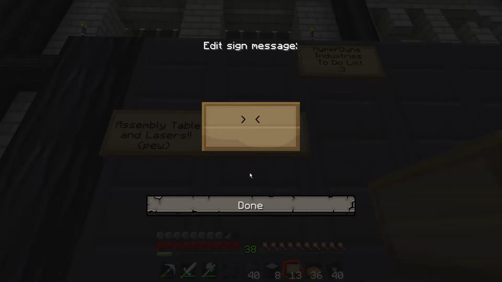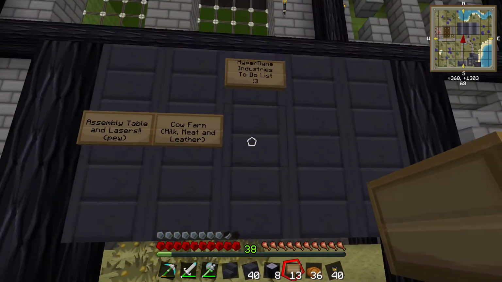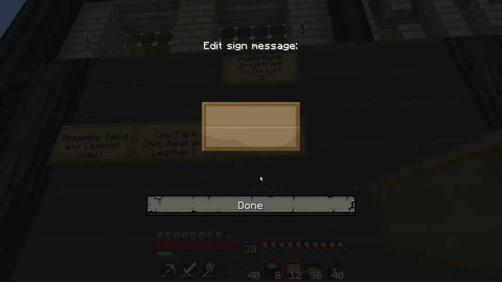I want to do a fully functional cow farm, which will be milk, meat, and leather, the whole bunch. That's two of those things. What else is there to do? I need to automate some food production. I mean, I'll be getting meat out of that and a few other things, but I want to make some, let's see, automate cake, bread,